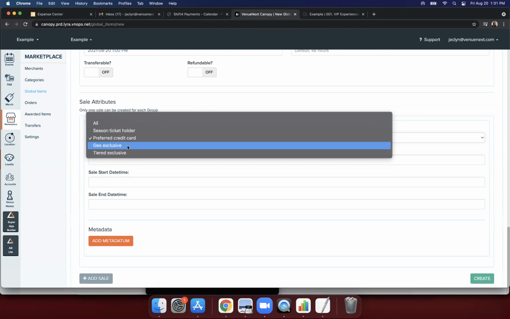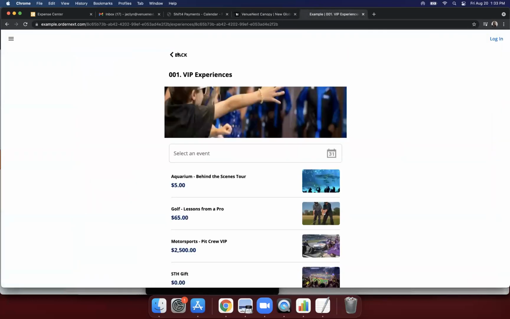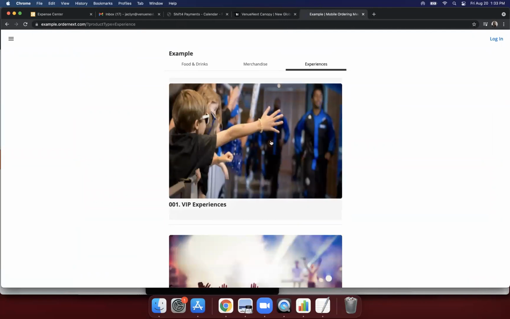So an example of this would be, I am in Kansas and I am trying to redeem a free hot dog from the Bank of America Stadium in North Carolina. Clearly, I am in Kansas. My longitude and latitude are somewhere in Kansas, and I am nowhere near the stadium. If I were to go into the Bank of America VenueNext website and go to their experiences section, I would not be able to see a free hot dog experience